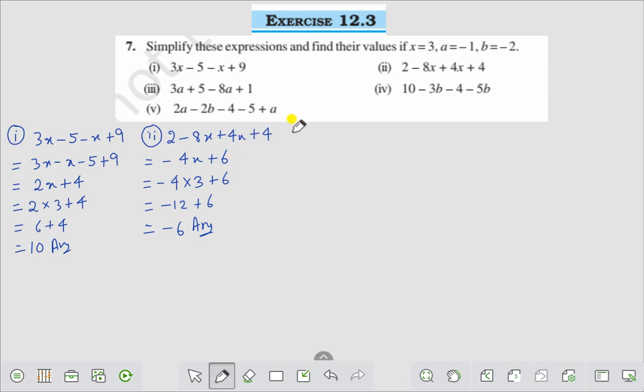Now question number 3. Question number 3, you see here, that is 3a plus 5 minus 8a plus 1, that is equal to 3a minus 8a plus 5 plus 1, that is equal to 3a minus 8a, that is minus 5a